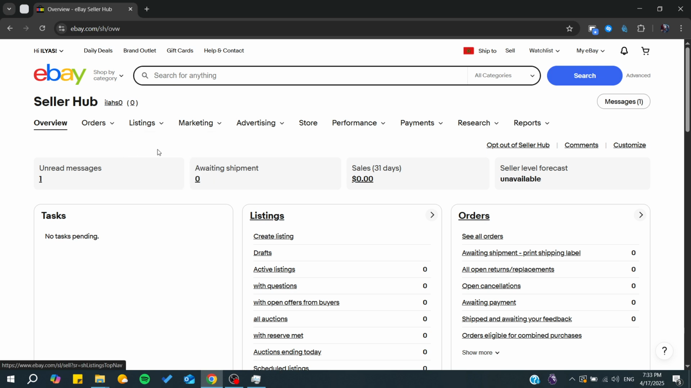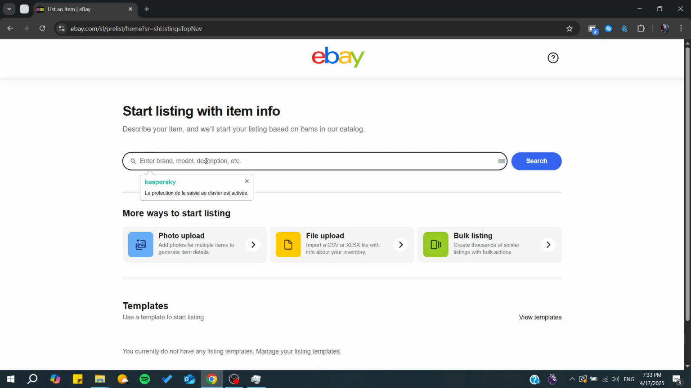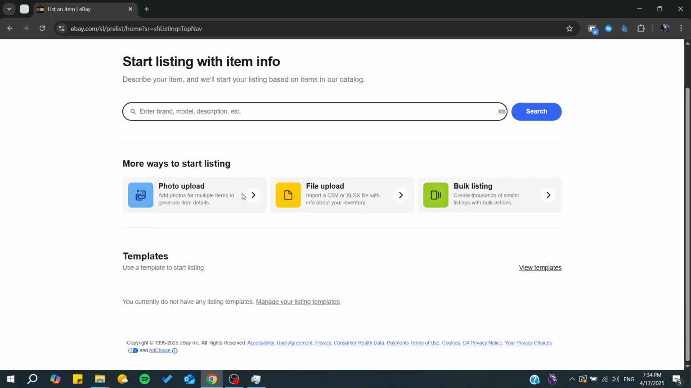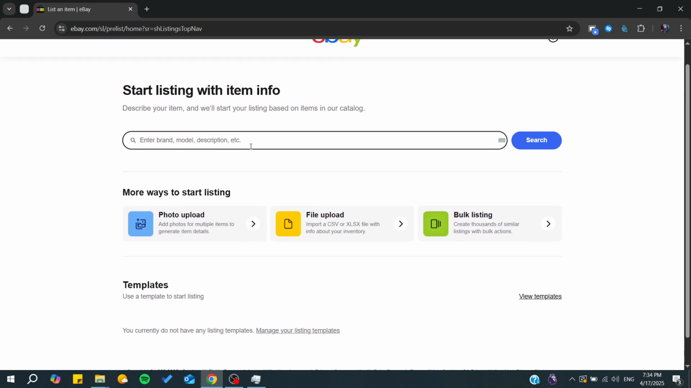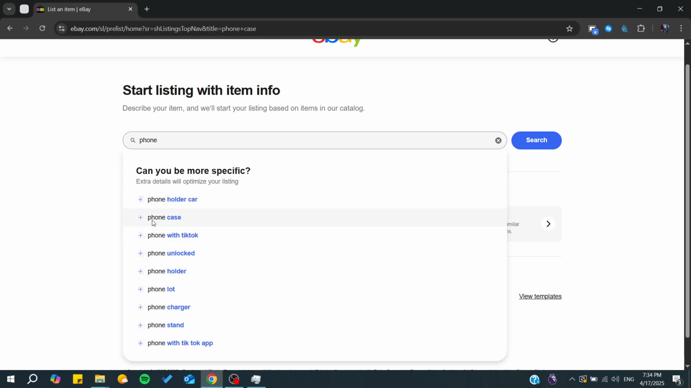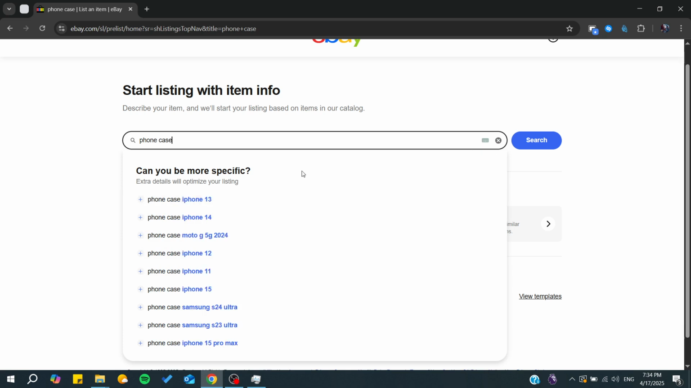and from here you'd want to create a listing. So let's just create listing and from here you would want to either enter a brand or start from templates or do whatever you would like. So for example, let's see, a phone or whatever, and here we have a phone case, and let's just search. You can choose any products if you have already here a template that you want, and basically you